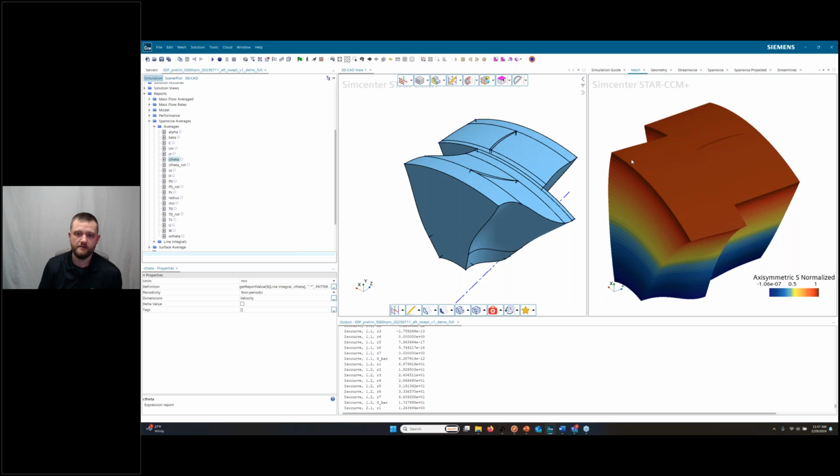So Star will further optimize this geometry to create even cleaner periodic regions as it does the mesh. So that's another really nice thing, and this automatically, once again, is updated.